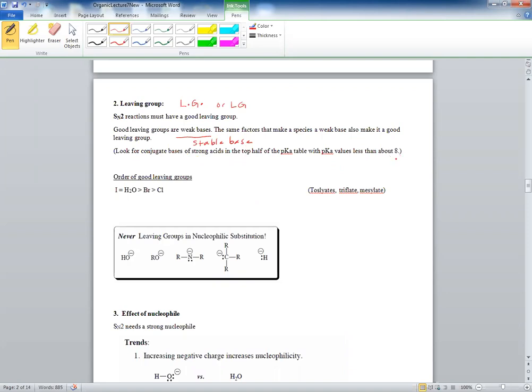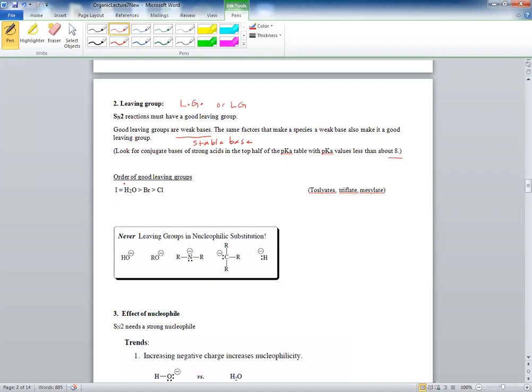about 8. Okay, so it's not exactly at 8, it's somewhere around 8. So 7, 8, 9 is okay. But as you get up and up, let's say 12, 13, these are becoming bad bases. Now, here are the good bases. You have